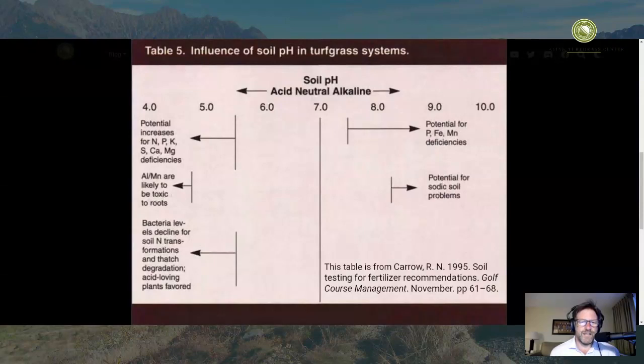So we're moving on to the second thing that it shows. The chart shows that below a pH of about 4.9, it says aluminum and or manganese are likely to be toxic to roots. And that may be the case, but if you check what the solubility is of aluminum and you look at the aluminum that's extracted from soils, you'll see it basically drops to 0 at 5.5 and then rapidly increases below 5.5.